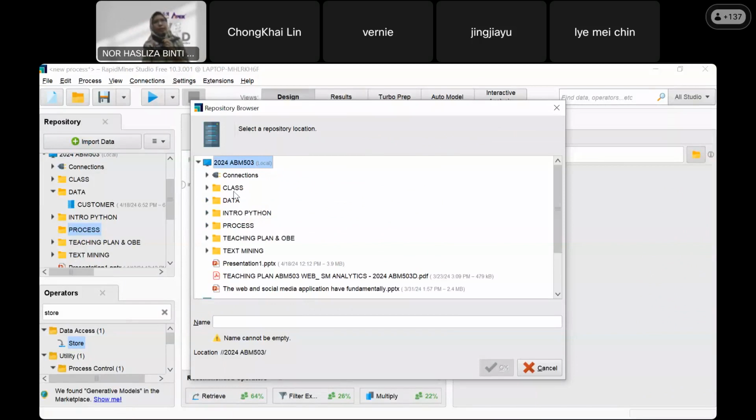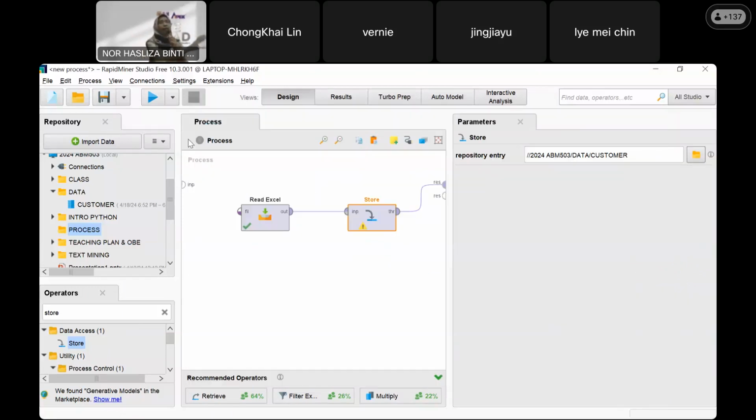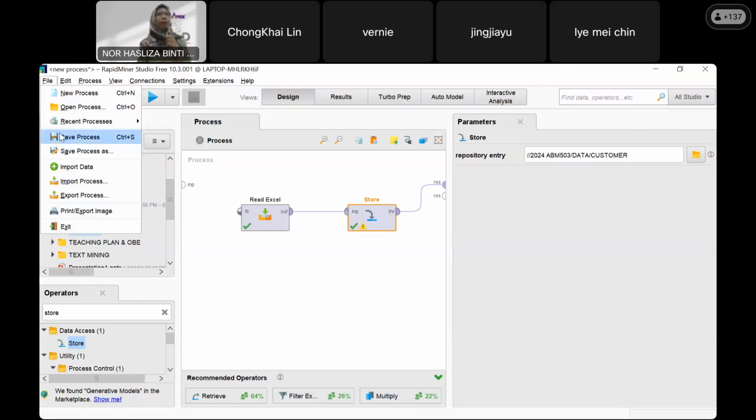You see design, results, and so on. Here, if you want to save this process, the process of reading and storing your file, you can save it. Save process. Can you see it?